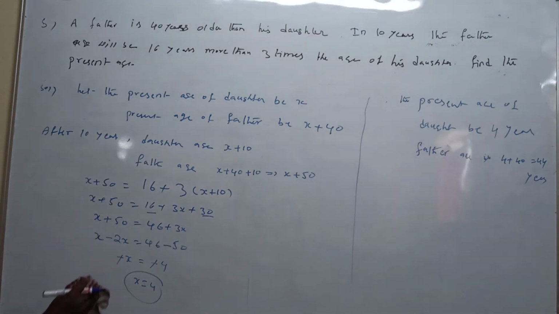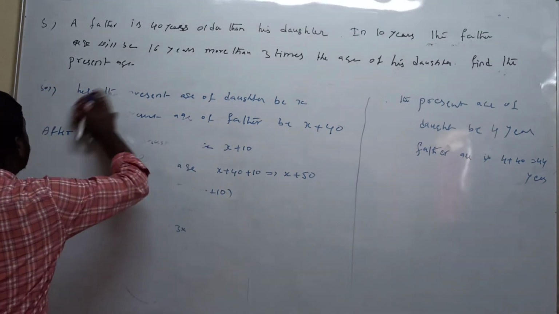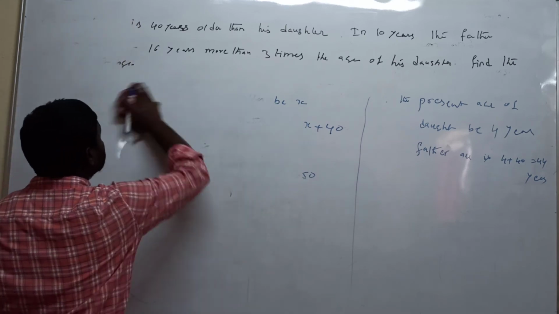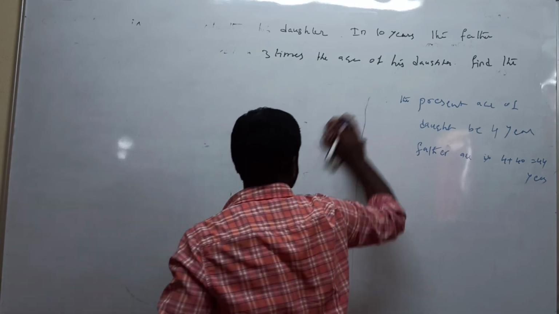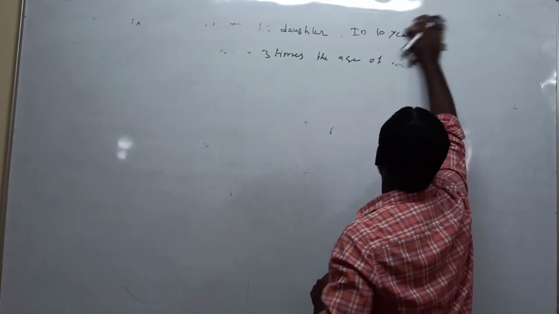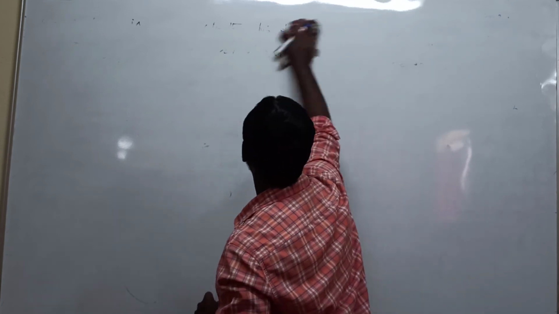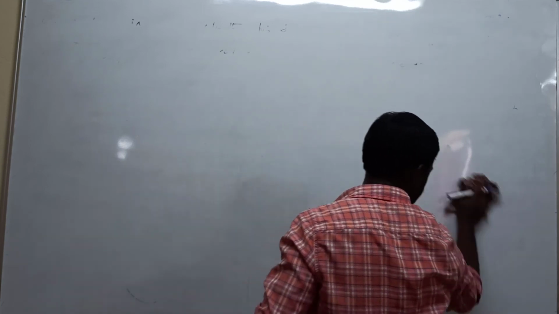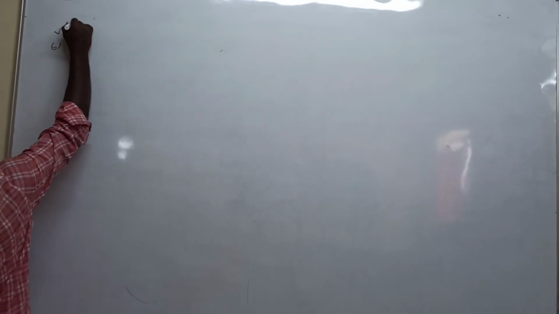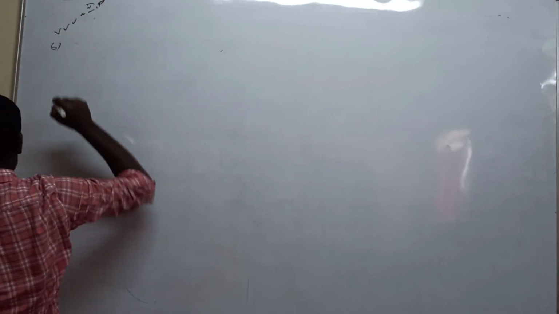Last final question in this. It's very important. Sixth question. All these 6 questions are very important. If you understand the questions, you can easily solve them. That's why first of all, read the question carefully, understand the question, and then write the solution. Last final question, most very important.